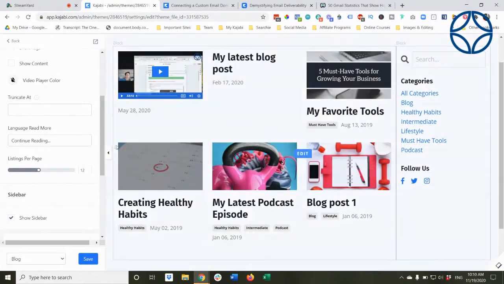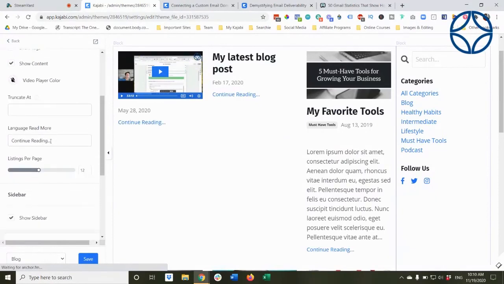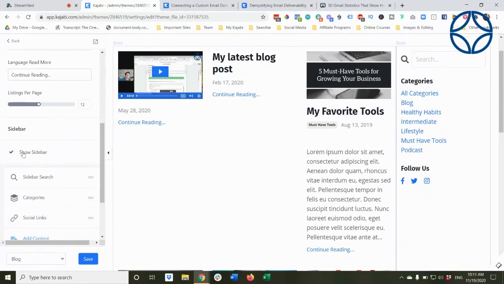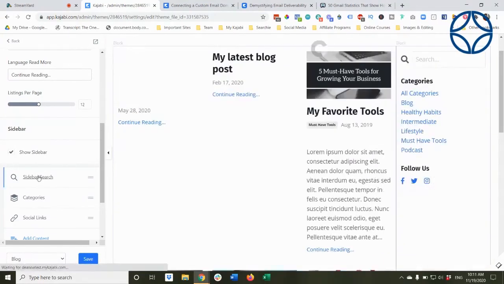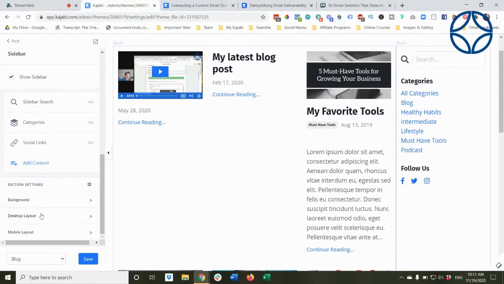You can also see here, instead of continue reading, which would only show if we show our content, you could say read more. You can indicate how many individual posts you want to show. You can indicate whether or not you do want to show the sidebar or not. And then within the sidebar, you can add additional content.